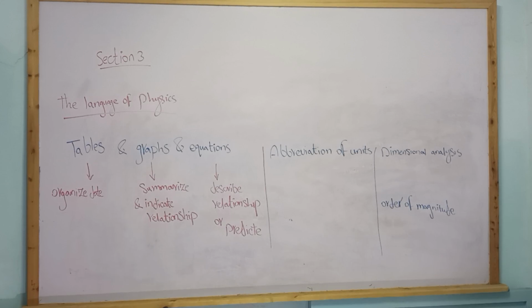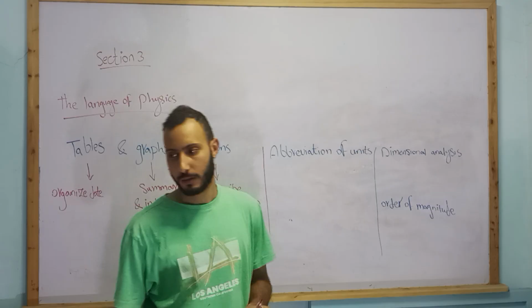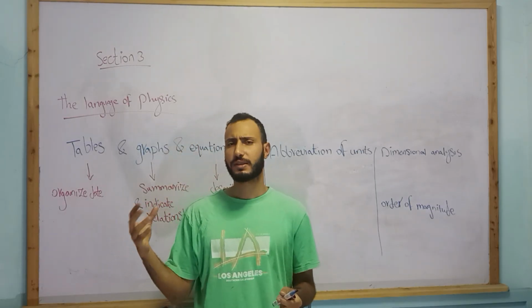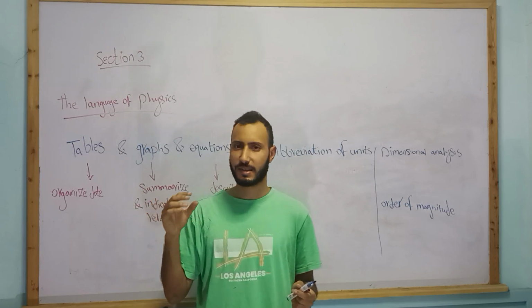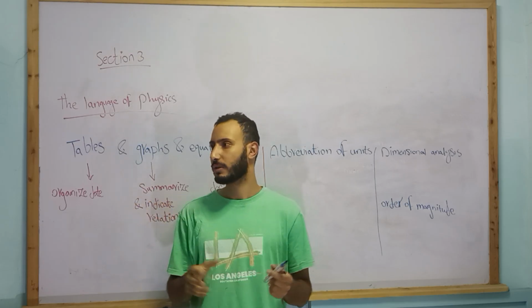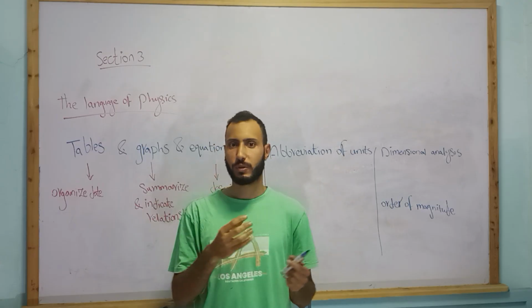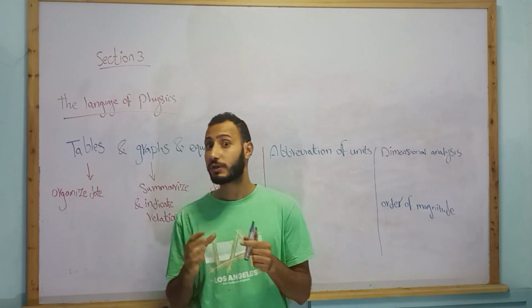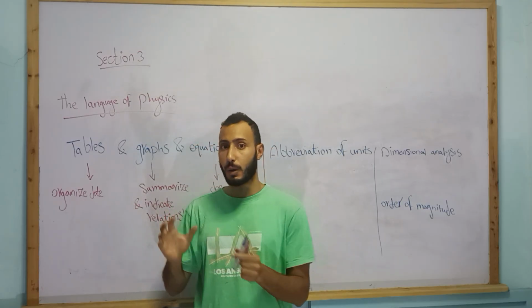Okay, let's get to section 3, named the language of physics. You know, the language of anything is what you use to describe or study that thing. For example, if you study the Quran, the language of the Quran is Arabic, so you have to study Arabic. And if you study physics, the language of physics is equations,